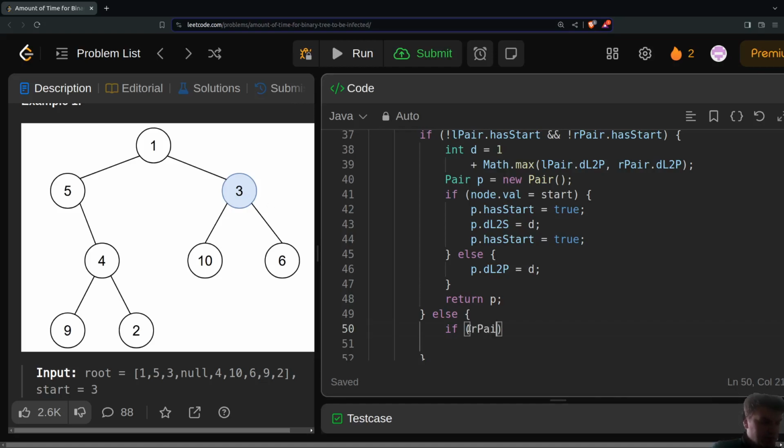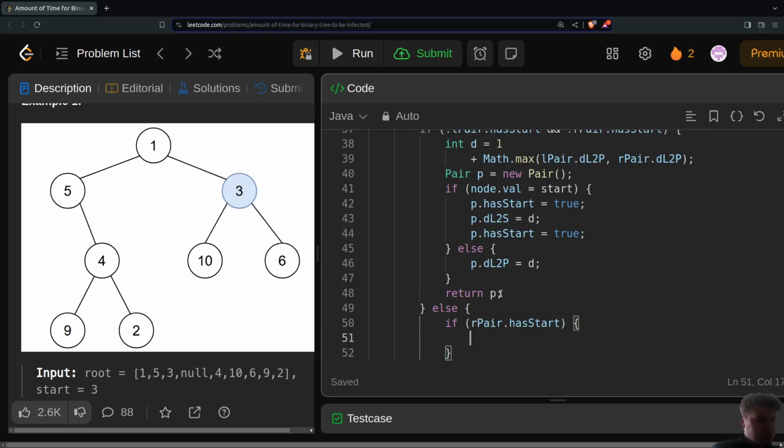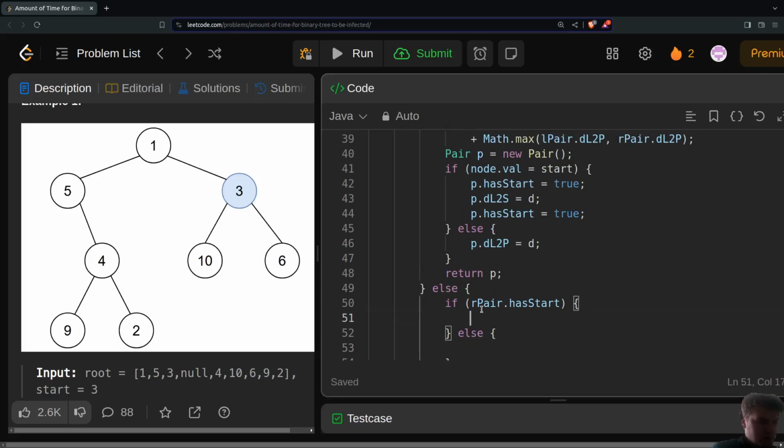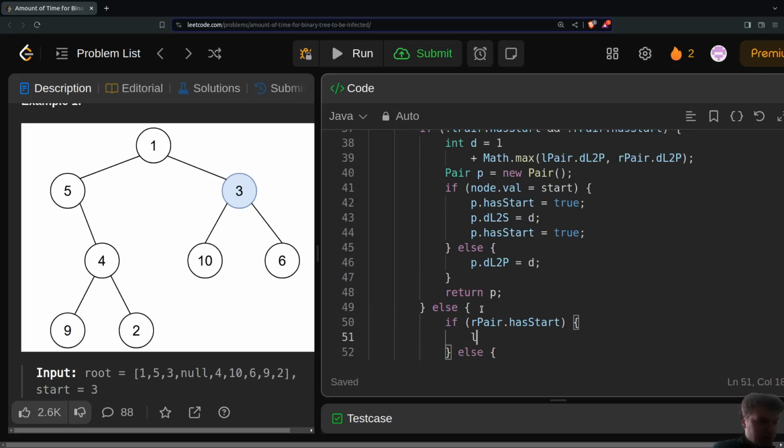If that equals true, I'll do the following. Let's say int left distance to start